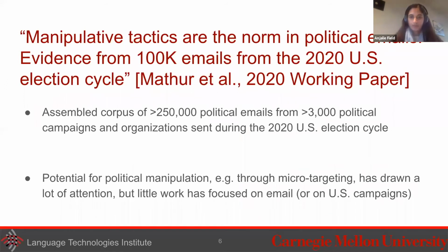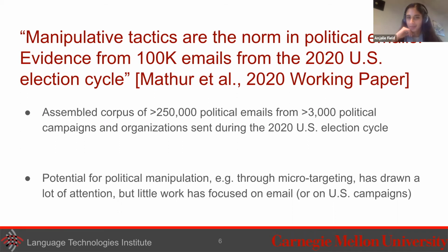And I'm going to give a more specific, in-depth example. This is a paper that is actually not out yet. There's a copy available, but it's an unpublished working paper, so it's very new, hot off the press work. For that reason, I want to add a little bit of a disclaimer.